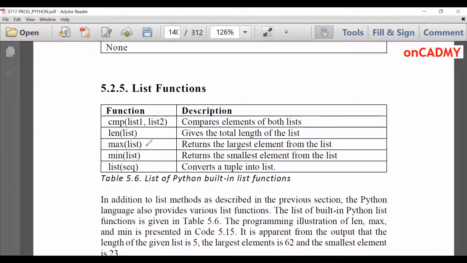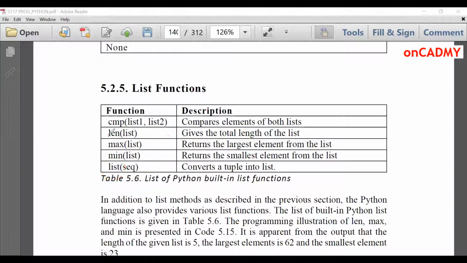Max of list returns the largest element from the list. Min of list returns the smallest element from the list. And list of sequence is used to convert any other sequence into a list data type. Because there are various kinds of sequences available in Python, like tuple, set, dictionary. If you want to convert them to a list, that can be done by this typecast function list.